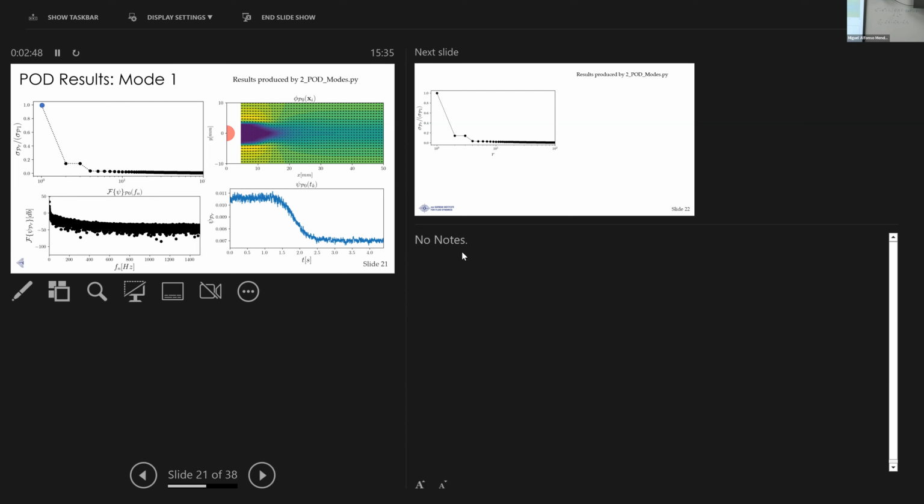But this is the Fourier transform of the temporal evolution. So to look at what is the frequency content which is in these modes. You can see that mostly low frequency, because you can see it here. But there is also some high frequency there. I mean, the spectra is very broad. If you look at the second mode,